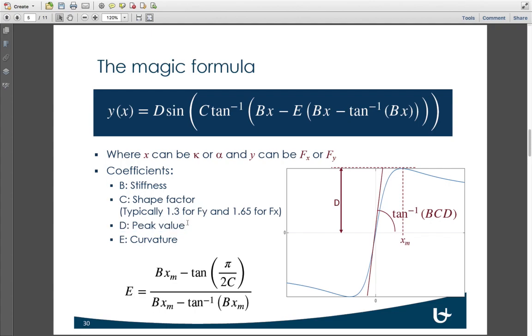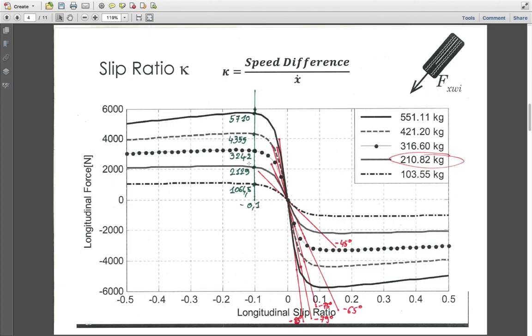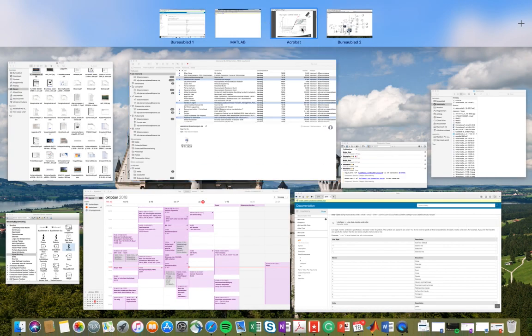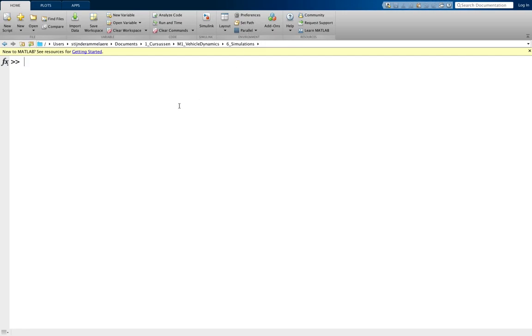And then if we go back one slide, here we have these peak values for different masses, and here we also have these peak values for different masses. I used Matlab to determine the relationship between the X and the Y values, or between the masses and the maximum values D. I will just give an example with